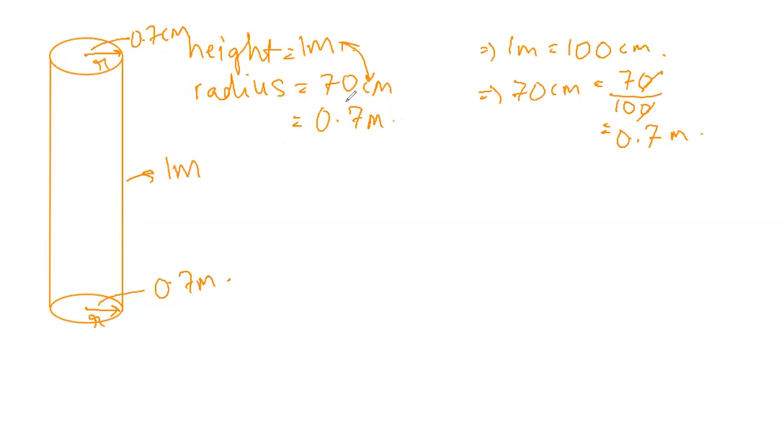Now we look at the question and we find out what it's trying to tell us. So all we have to do is find the total surface area of the cylinder. Great. Now the total surface area of a cylinder is 2 pi rh plus 2 pi r square, if and only if you have remembered the formulas. So TSA, that is total surface area of a cylinder, is equal to 2 pi rh plus 2 pi r square.